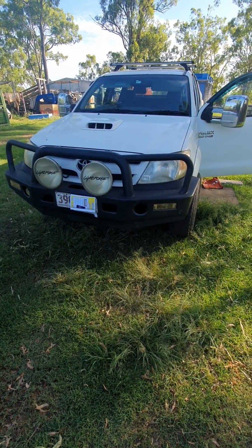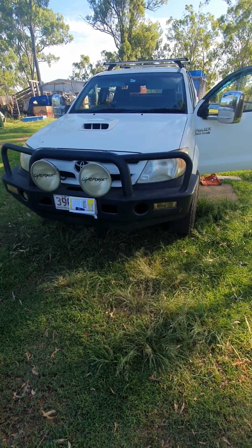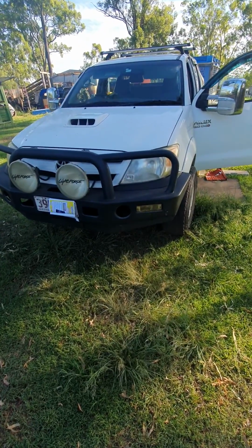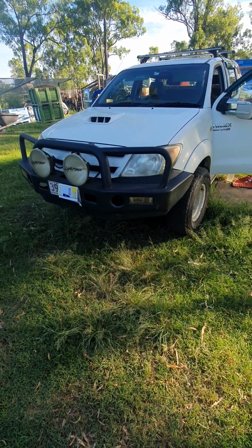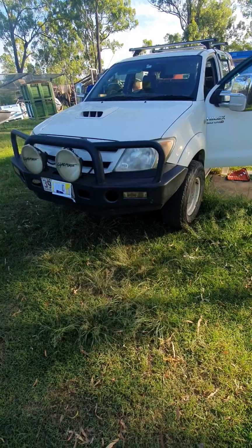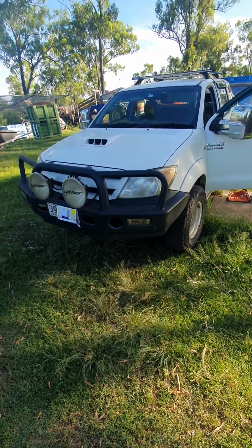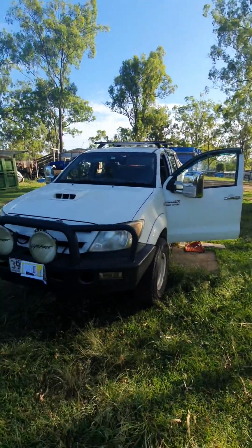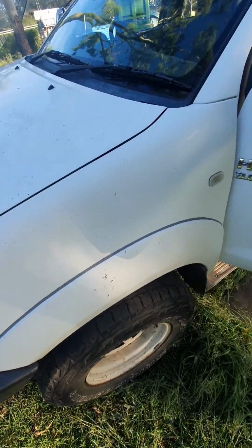Okay, I'm just going to do a quick video on the blower motor on the 2005 Hilux N70. They don't have the filter like the upgraded models do, the facelift models, and it's a pain in the backside when you get leaves down the intake. As you see, we've got lots of trees and the leaves fall into the intake, and from there it's challenging